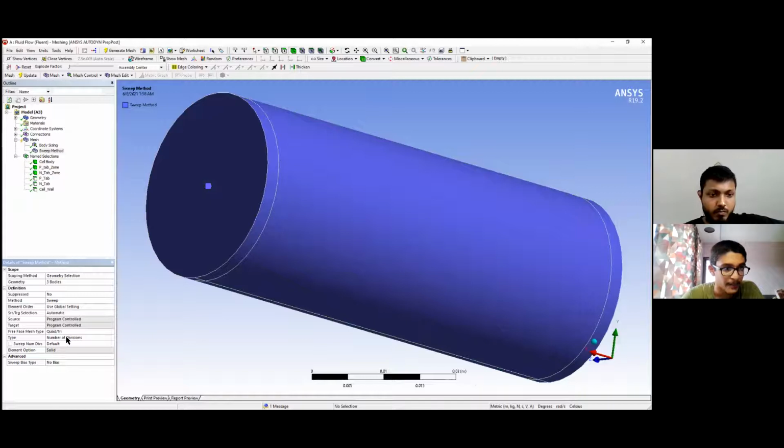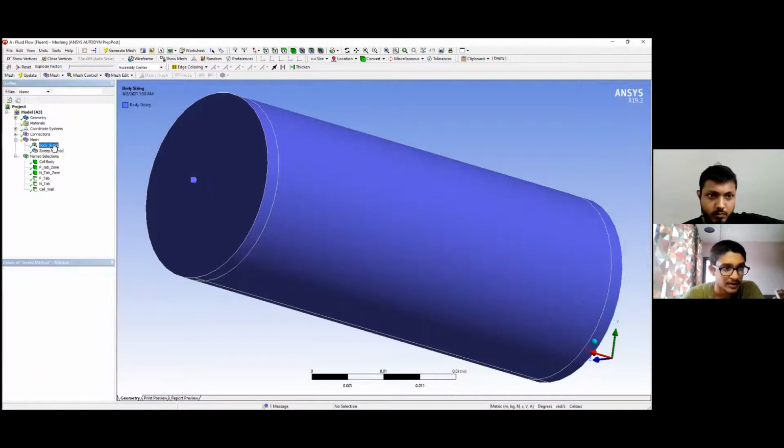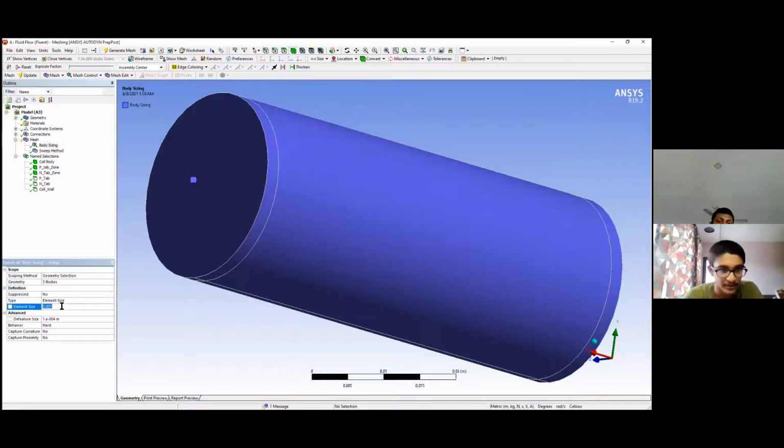And in the body sizing, I think it will take a lot of time to mesh the body every time, right? In the body sizing, can you just increase the element size for now? I've written 0.001. So reduce it by 10.